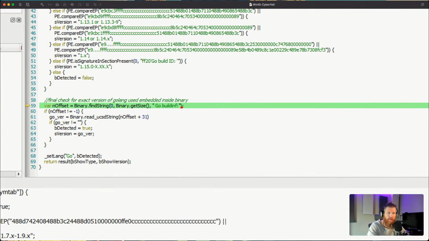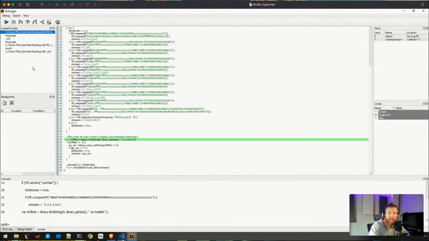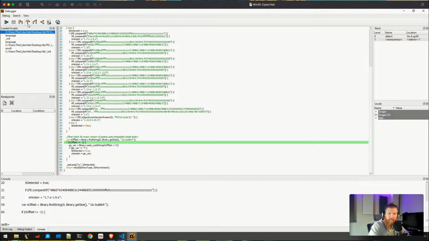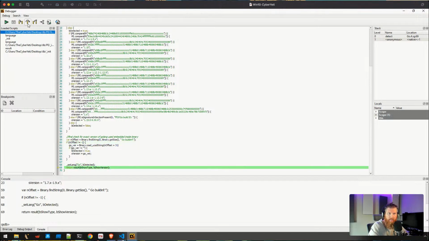With newer binaries, they will have version information, and this is just where it's checking. So sometimes when you look at Detect It Easy results, it might give you an exact version, because it was able to find it based off of some other Golang internals. But in this case, it's not going to find that, so it just says, all right, Go detected, it's this version range based off of the entry point code. And there you go.